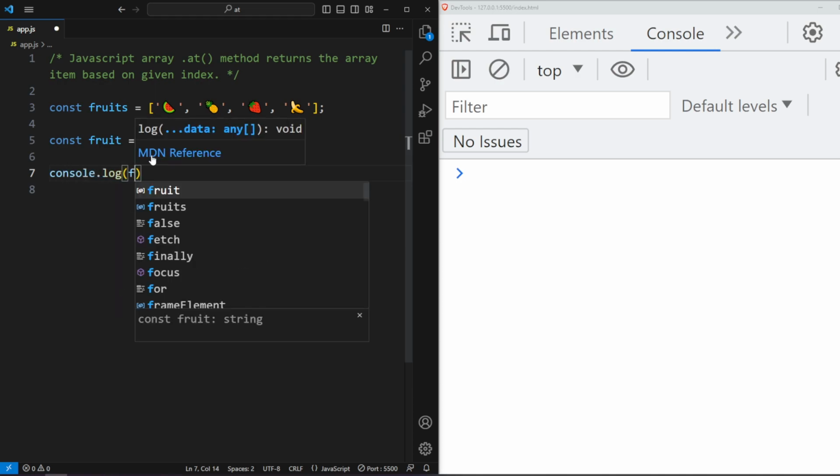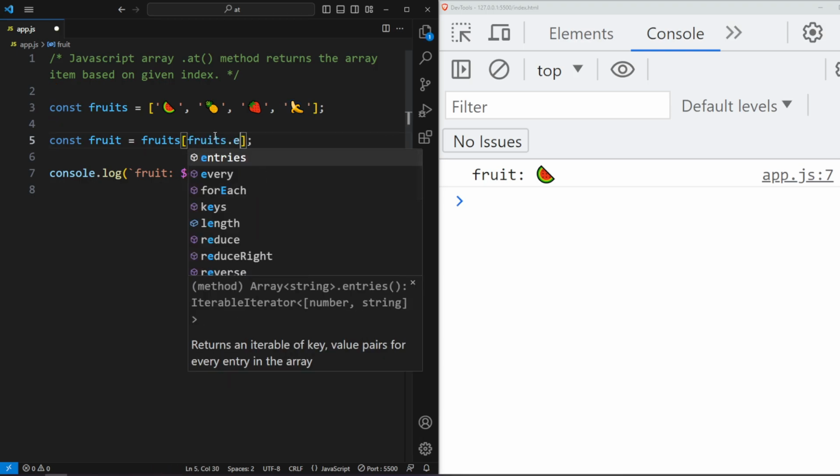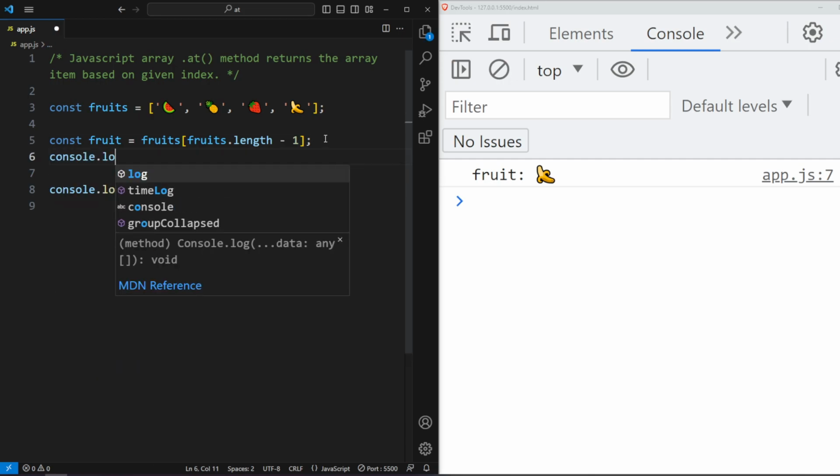console.log fruit. Okay, I have now fruit, so I'm just going to use string interpolation on that. Fruit. Okay, right there. And if I want to get the last item, I'm going to say fruits.length minus 1. Okay, so now I'm going to get the last item of the array, because if I get the length, it will not be a 0-based index, so I need to minus 1 to get the 0-based index, because console.log